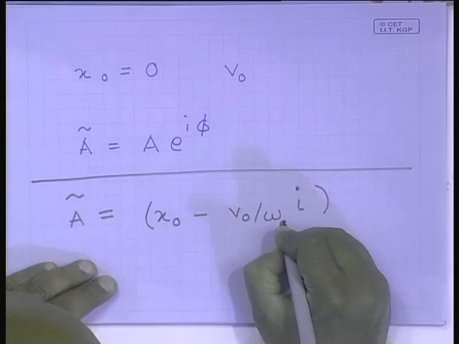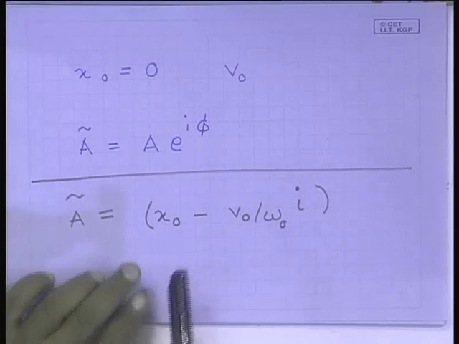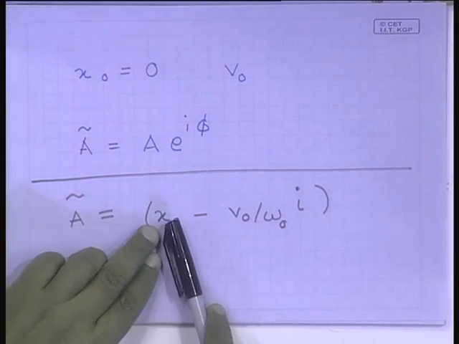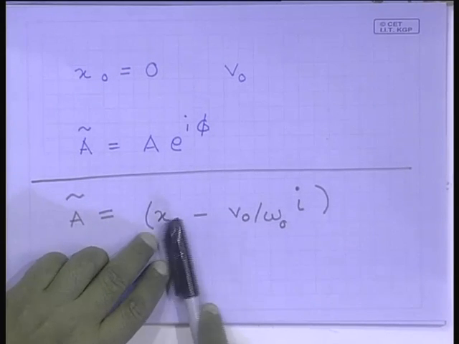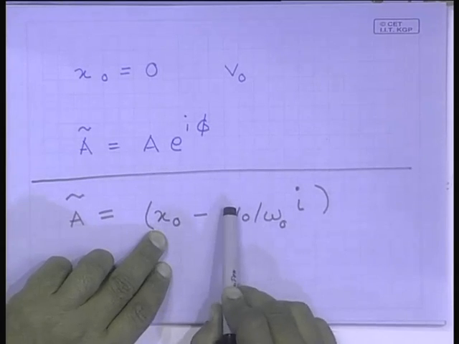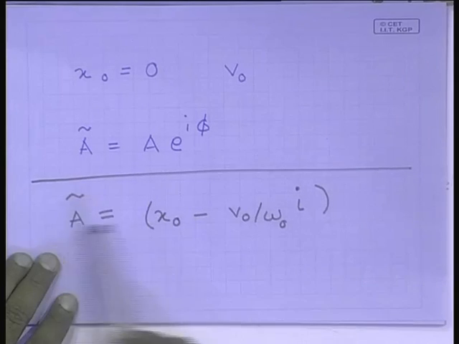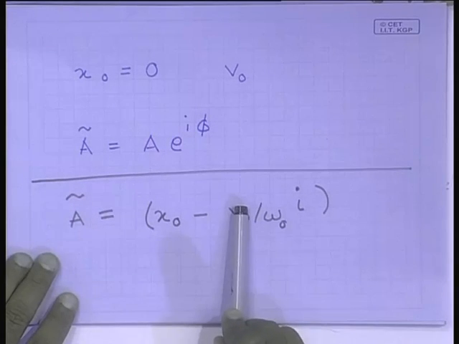This is for the undamped oscillator. So, if the oscillator is at rest to start with, is not displaced, has an initial displacement 0 and has a velocity only to start with, then this term is 0, the amplitude is totally imaginary. So, the phase is